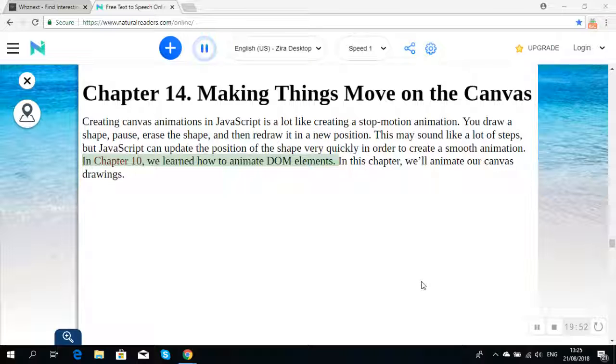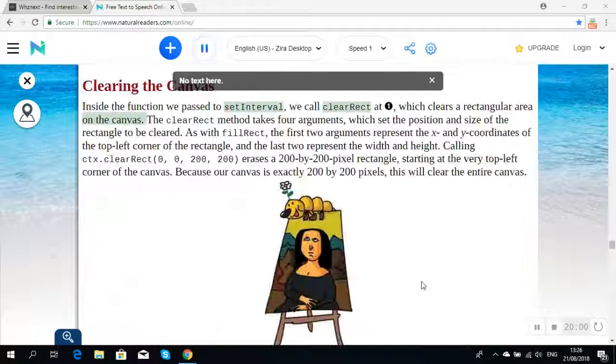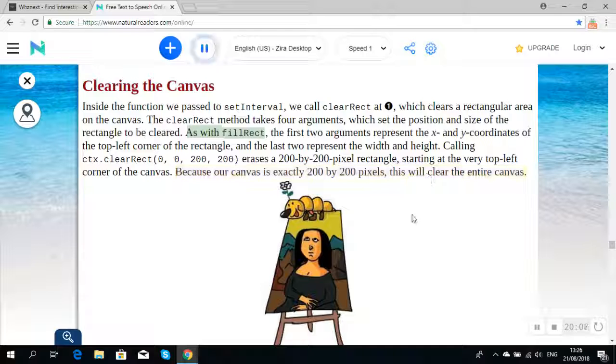In chapter 10, we learned how to animate DOM elements. In this chapter, we'll animate our canvas drawings. setInterval. clearRect on the canvas. The clearRect method takes 4 arguments,